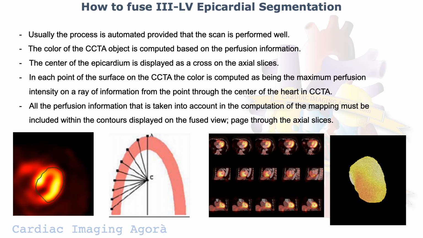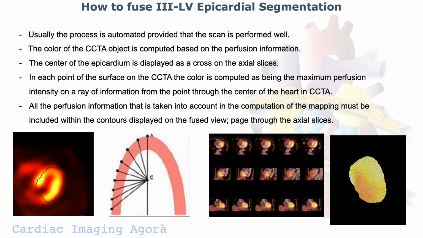The center of the epicardium is displayed as a cross on the axial slices, and for each point of the surface on the CTA, the color is computed based on the maximum perfusion intensity along a ray from this point through the center of the heart in the CTA. All the perfusion information that is taken into account in the computation of the mapping must be included in the contours displayed on the fused images. And again, it's important to page through the axial slices to see if there's a really good matching and